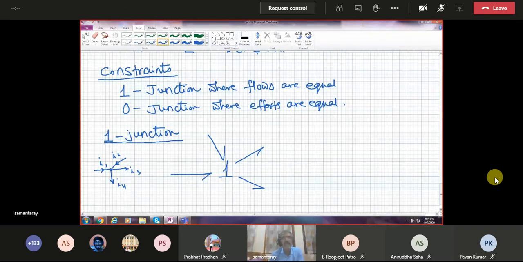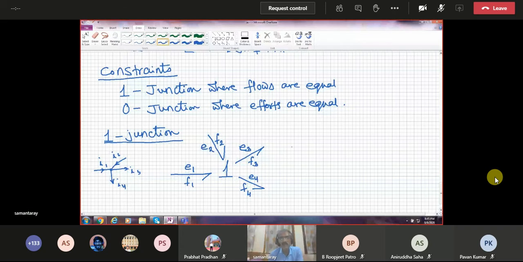So these things, I will name these bonds by some names. Let's call this one bond number 1 with effort variable denoted as E1, flow variable as F1. Let this effort variable be E2, flow be F2. Let this be E3, this be F3, this is E4, here F4. So 4 bonds, it could be many. It could be 10, 20, doesn't matter. N number of bonds are there.